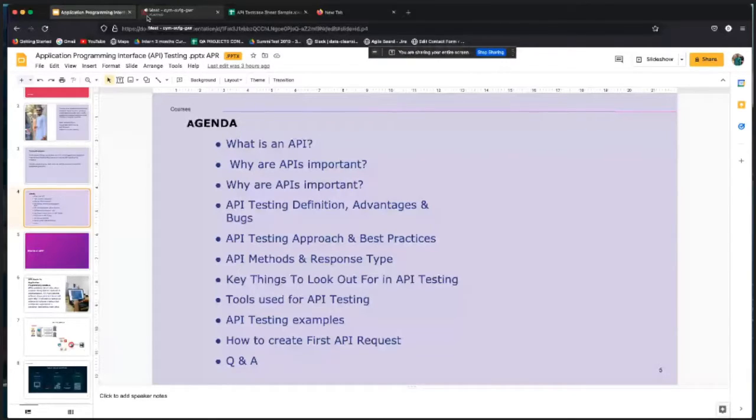I mentioned several tools last class. I mentioned Postman being the major tool we use for API testing. I mentioned Rest Assured. What tools again? Let me quickly check. So we mentioned several tools in the last class.